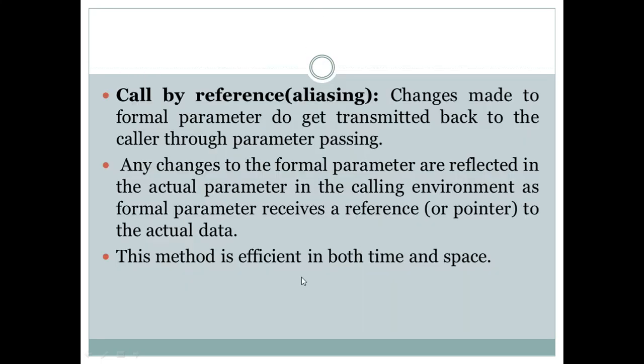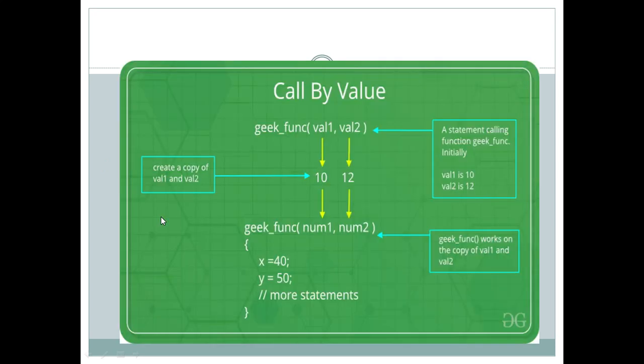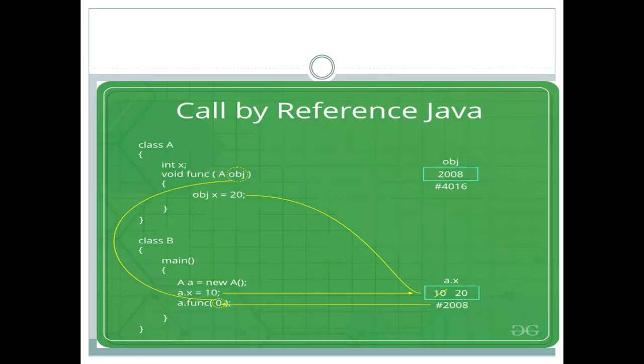Now call by reference means what? Changes made to a formal parameter do get transmitted back to the caller function also. It means what? If it is called by reference, then the values of val1 and val2 get changed to 40 and 50. Now see here, call by reference. I am having one class A, right, int x. Now in the function, A object. Now object x is equal to 20. So what is the value of x? The value of x is initially